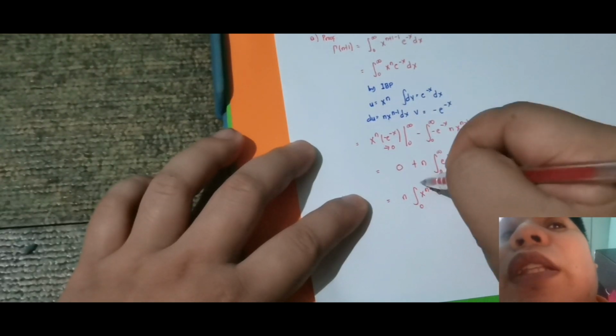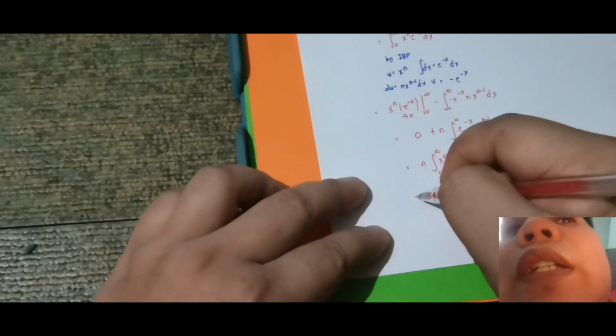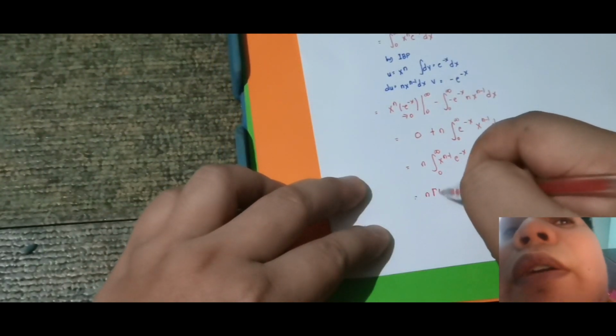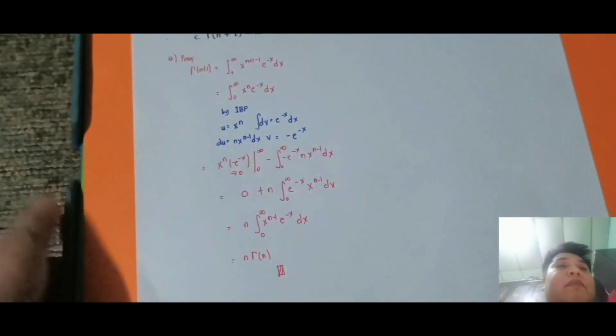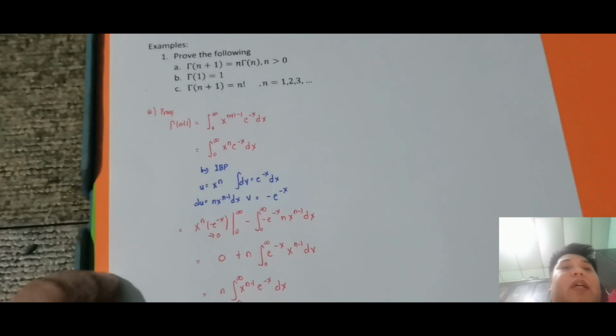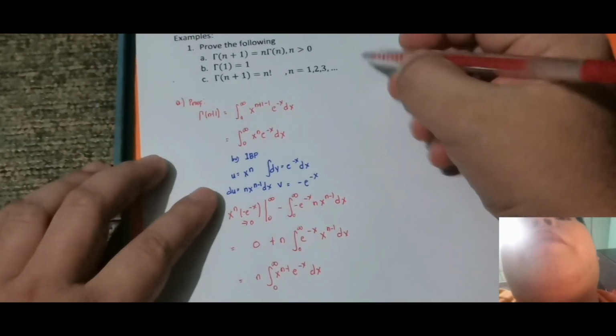And by definition, what is this? This is the gamma of n. Therefore, this is just equal to n gamma of n. And this is done. So that's how it is, so simple to prove. Very easy. Okay, so letter B, we have